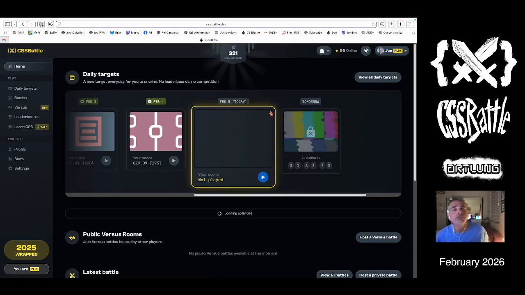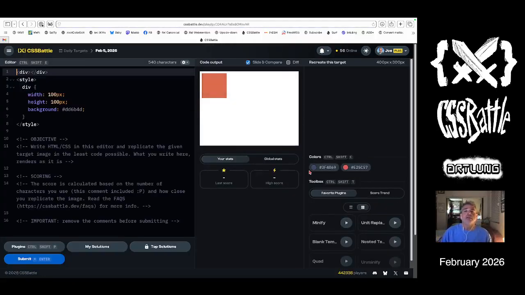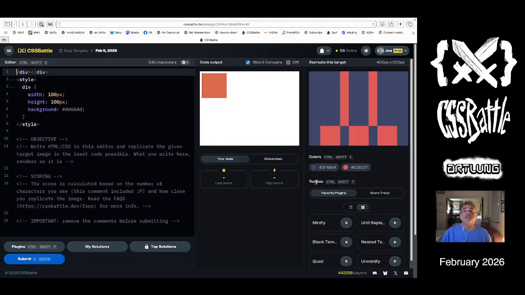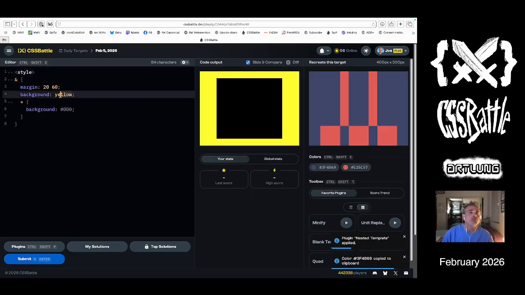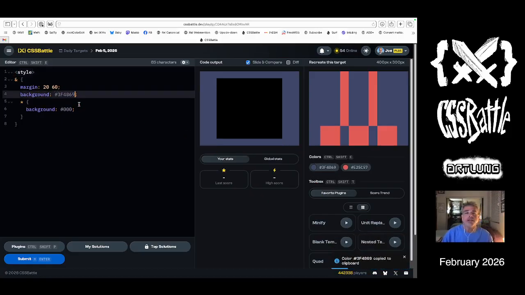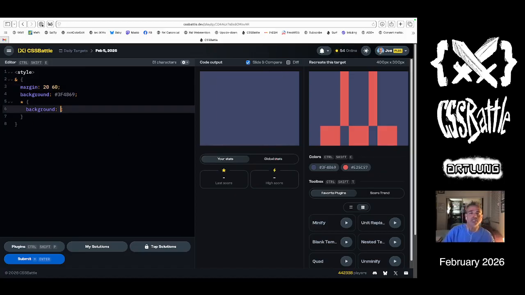Pretty much every day I record myself doing the daily target on CSS Battle.dev. And today, let's use the nested template on this particular interesting shape. I think this is pretty regular, and I think I can use a conic gradient, and let's go ahead and try to do that. So in this case, I'm going to do a repeating